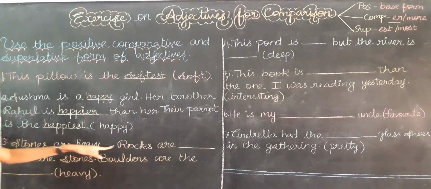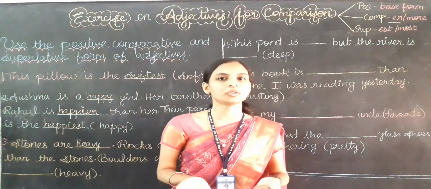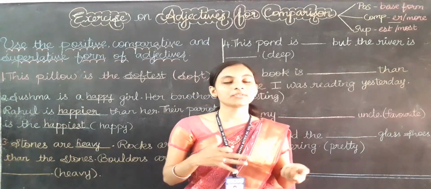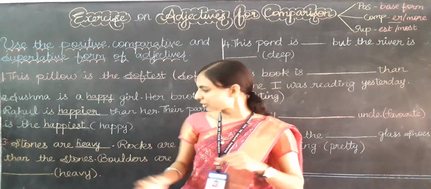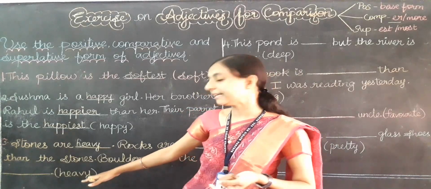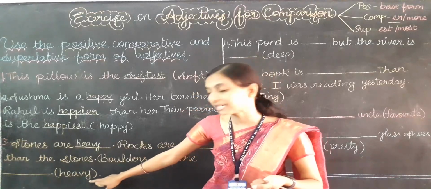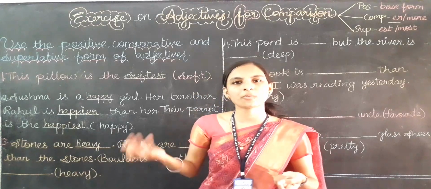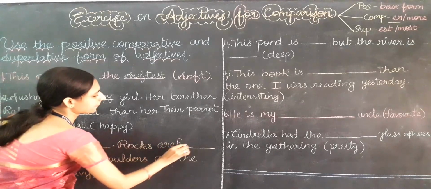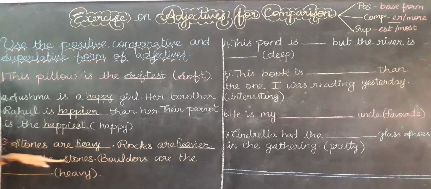Stones are heavy. Now they are going to compare the stone with the rocks. So now the comparison is going to happen here. So when we are comparing things, which form of adjective do we need to use? Comparative only. So find the adjective, that is heavy. Heavy is a small word only. So after writing the adjective we need to add ER, but this heavy ends with Y. You can see it ends with Y. So I need to remove Y. Instead of Y, what do I need to add? I. Then ER. Heavier is the answer. The rocks are heavier than the stones.